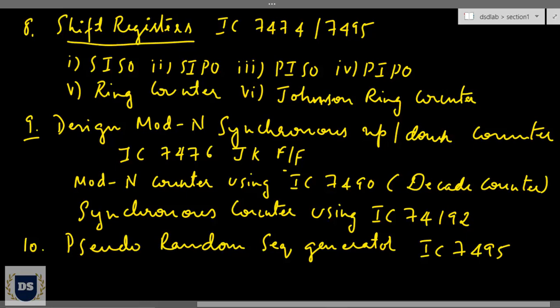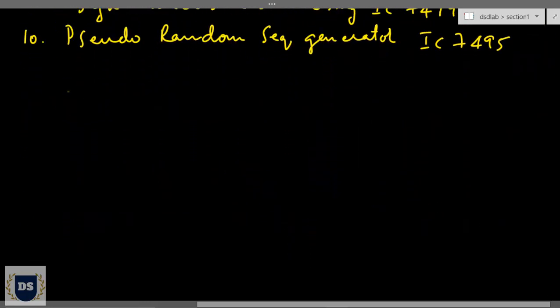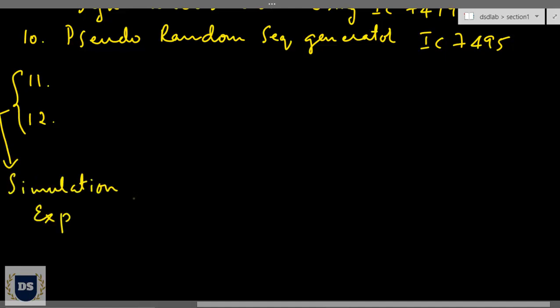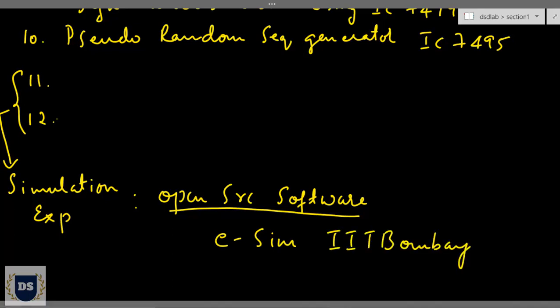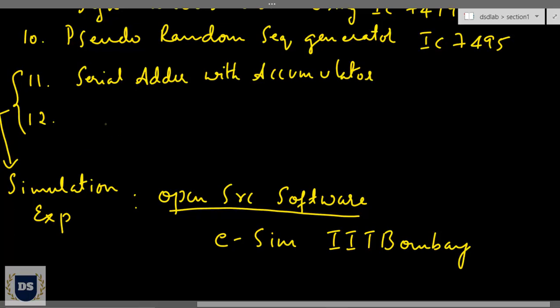And lastly, we are having two more experiments, experiment number 11 and 12, and these two experiments are of simulation kind, and in order to conduct these simulation experiments, we'll go for an open source software by the name eSim, and this software is by IIT Bombay.